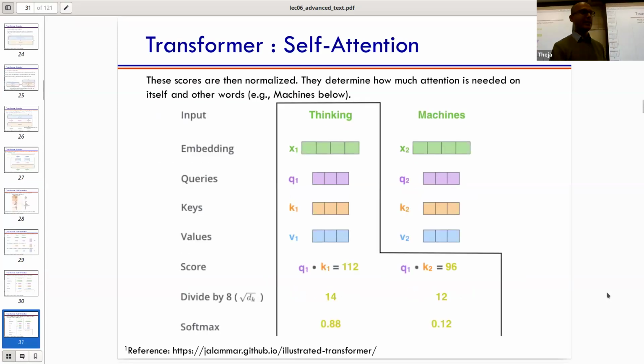And then what do we do? At least in the original paper, they did a scaling operation, just a division by some constant. We won't get into why the scaling is needed. After that, exactly the softmax operation that we've seen. You have 112 and 96. Just do e to the power 112 divided by e to the power 112 plus e to the power 96. You get a couple of numbers: 88 by 100 and 12 by 100, so 0.88 and 0.12 once you do a softmax on 112 and 96. What we have now is literally attention weights.